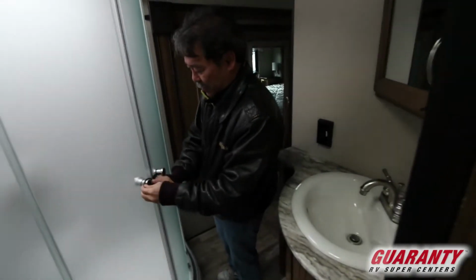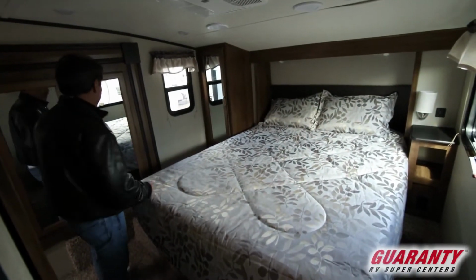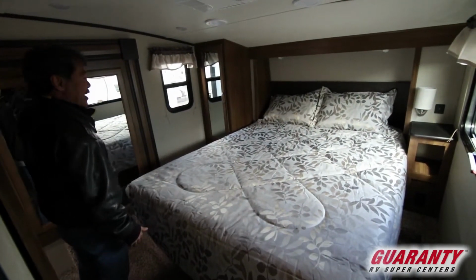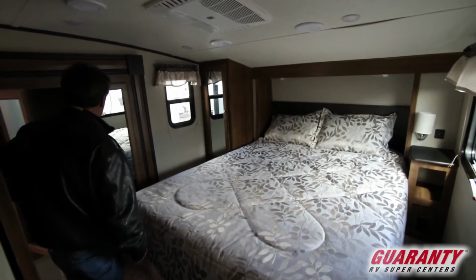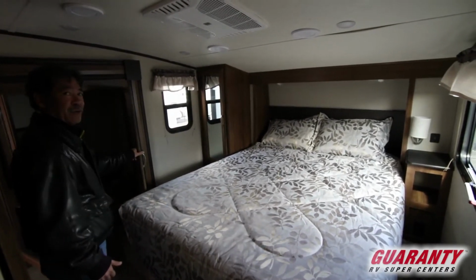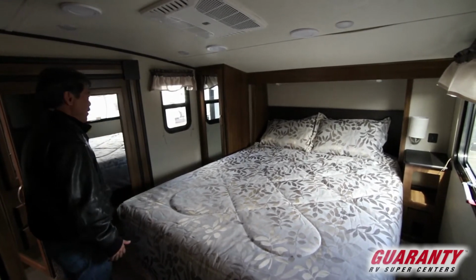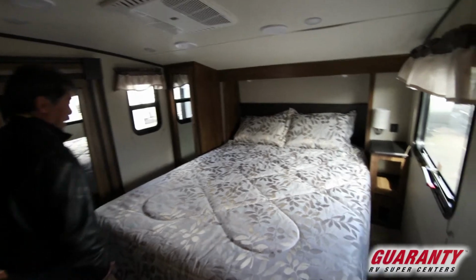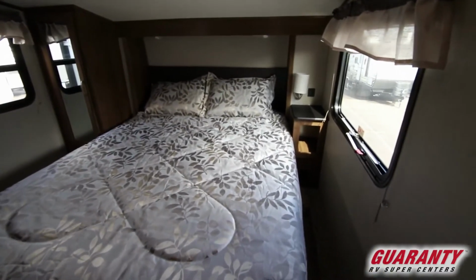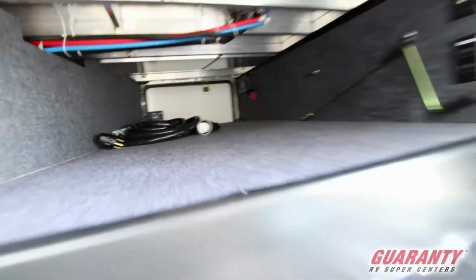Now going to the bedroom here, we have a nice queen size bed in here, and this is another slide out in the bedroom, which is your closet space. So a lot more closets in your bedroom. So if you're looking for storage in the bedroom, in the bathroom, and in the living room, this fifth wheel has it. This fifth wheel is equipped with full pass-through storage within it,